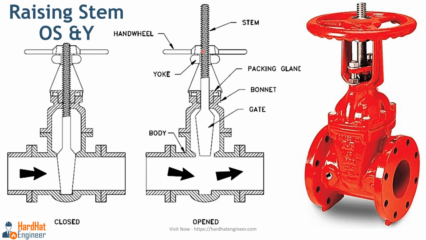In a rising stem valve, the stem moves up and down as you open and close the valve. This upward and downward movement is quite visible, and that's one of the main advantages of this design. It gives you a clear visual indication of whether the valve is open or closed. In this type of design, the threaded portion of the stem is outside the valve body, which means it's not in contact with the fluid medium. This design helps protect the stem from corrosion and wear if the fluid is corrosive. The stem is attached to the valve disc and rises above when the handle is moved, giving that clear visual indication